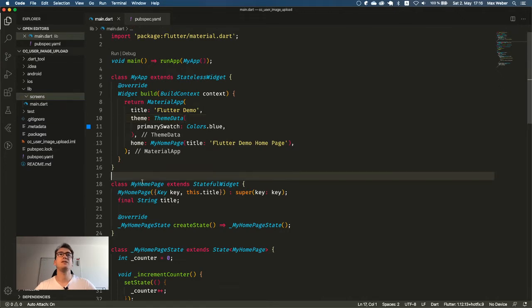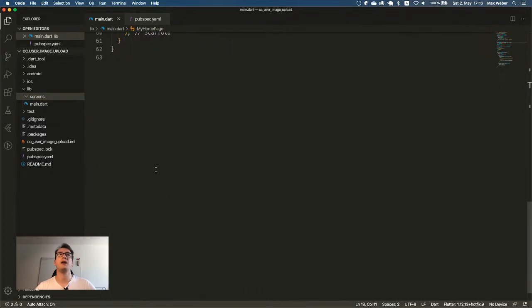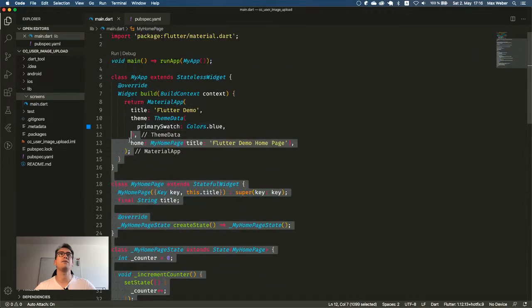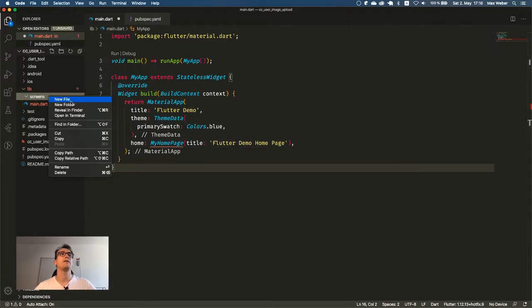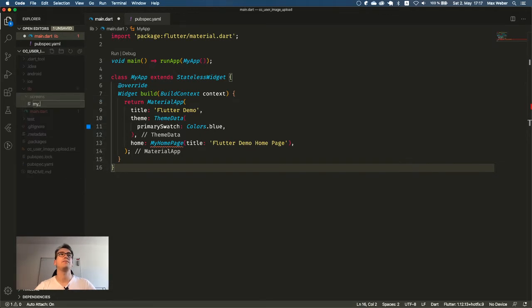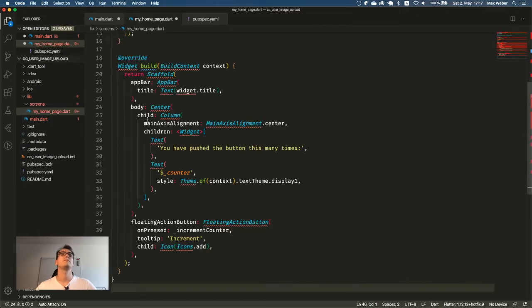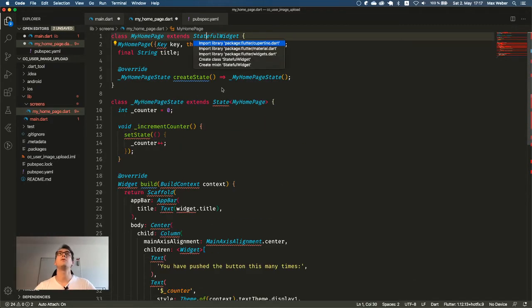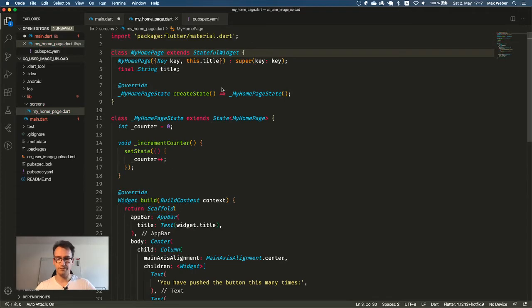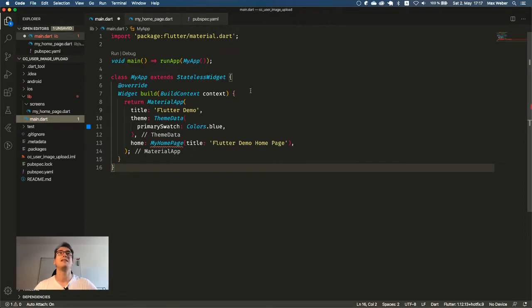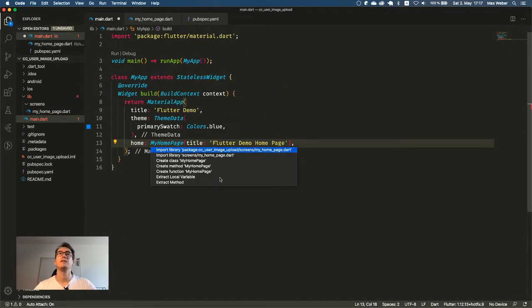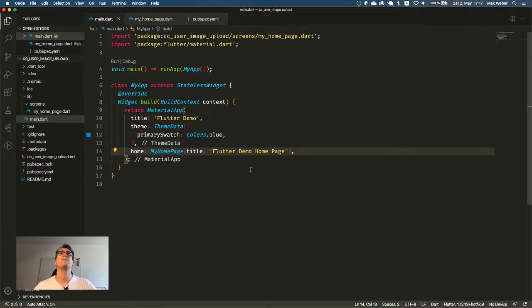And what we will do is we extract, of course, the first widget, my homepage widget, because if we have that already, then most of the stuff is already gone. And create a file, my homepage.dart. So we import the stateful widget with command point. I like that shortcut a lot because in Visual Studio Code it is very handy. We import that and that's fine.